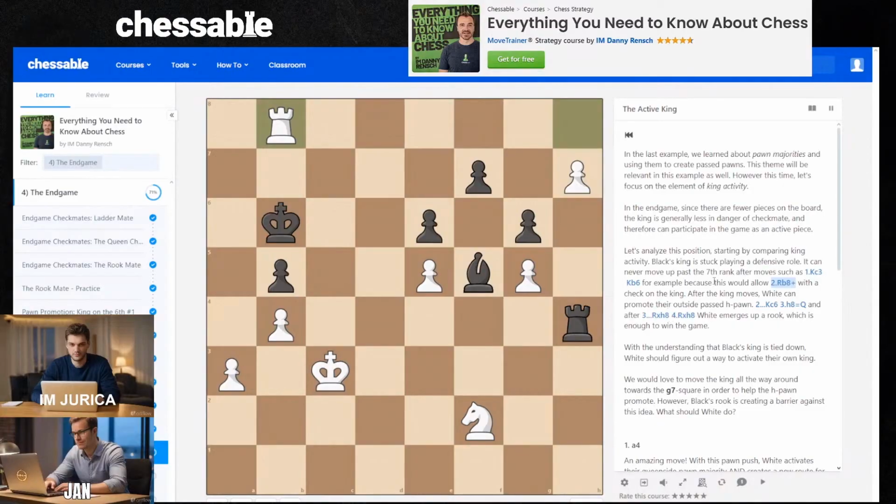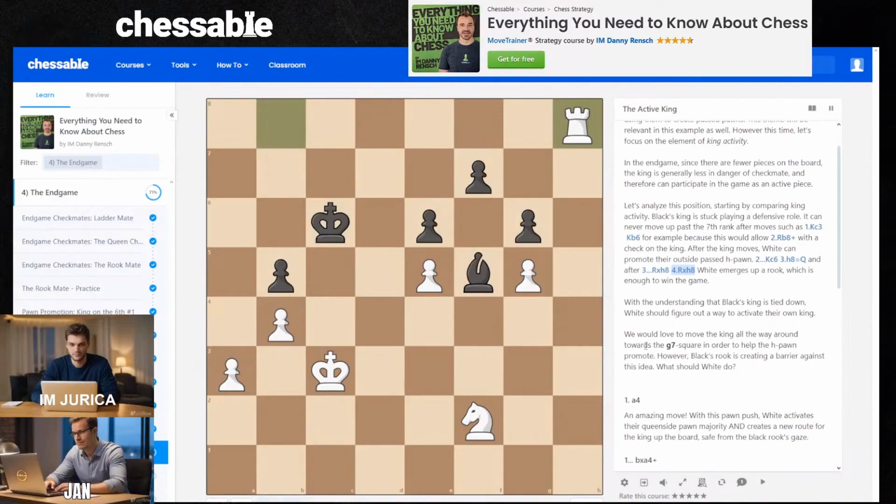After this king moves, White can promote their outside passed h-pawn. King c6, h8 queen. And after rook takes h8, rook takes h8, White emerges up a rook, which is enough to win the game. Nice. With the understanding that Black's king is tied down, White should figure out a way to activate their own king. We would love to move the king all the way around towards the g7 square